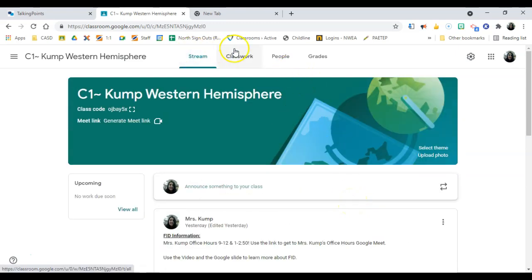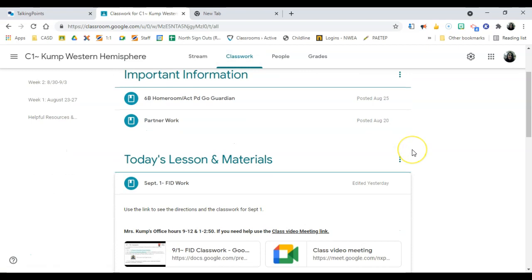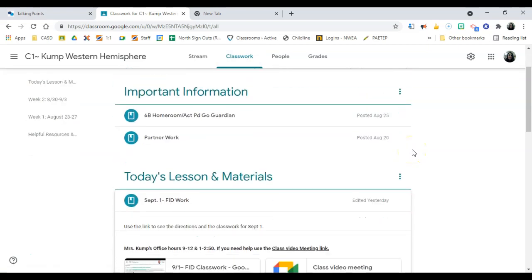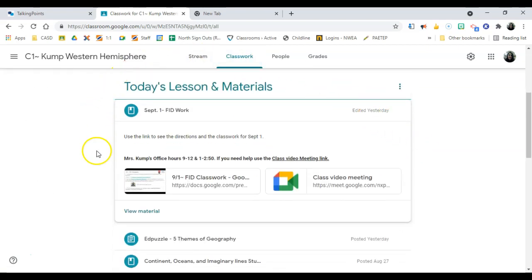So you'll click this Google Class Meet if you need help. But in classwork is the assignment for today. So you'll scroll down to today's lesson and materials. And you'll see the link, and the link will give you the directions for the work that you need to do for today, and then another link for the class link. It's the same link. So you will click on the 9-1 FID Classwork,